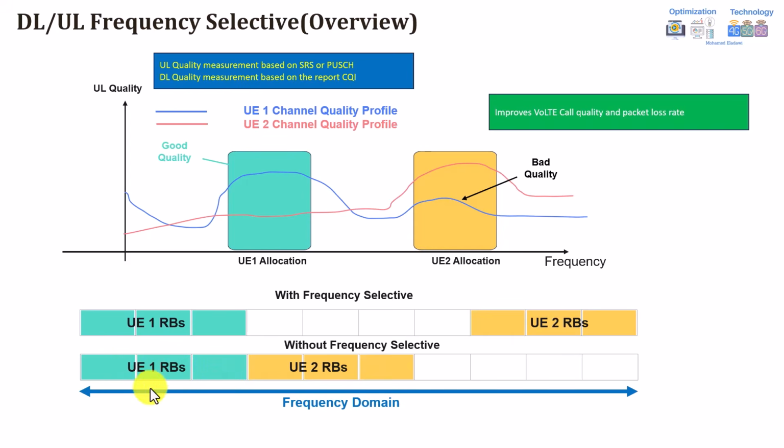Assume that user 1 requires, for example, 3 RB, 10 RB, whatever. Then the ENB will start assigning in a sequential manner. Once it's assigned here, it will start assigning for user 2. It's not taking the radio condition of these particular frequencies into consideration. But in case frequency selective is enabled for the feature, for uplink and downlink, the ENB will start measuring, for example, if we speak about uplink, the uplink quality, and it will start estimating